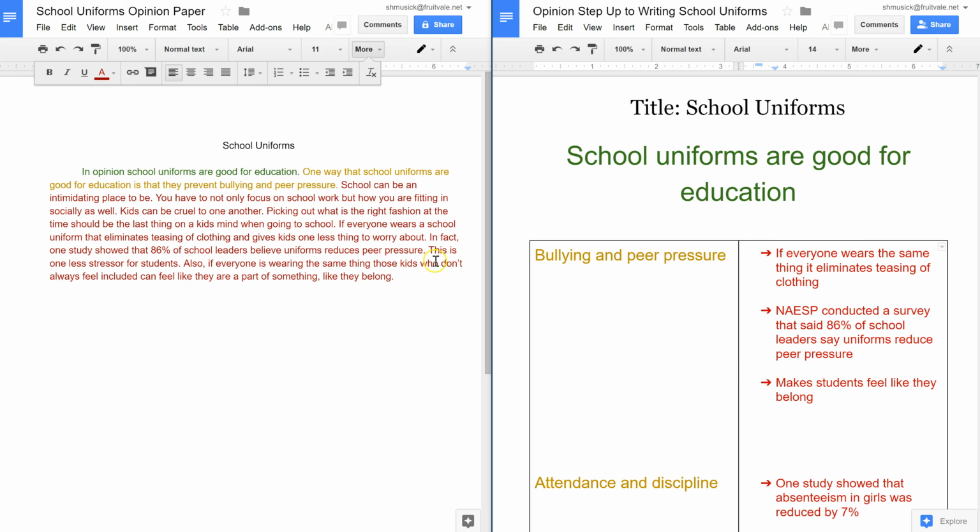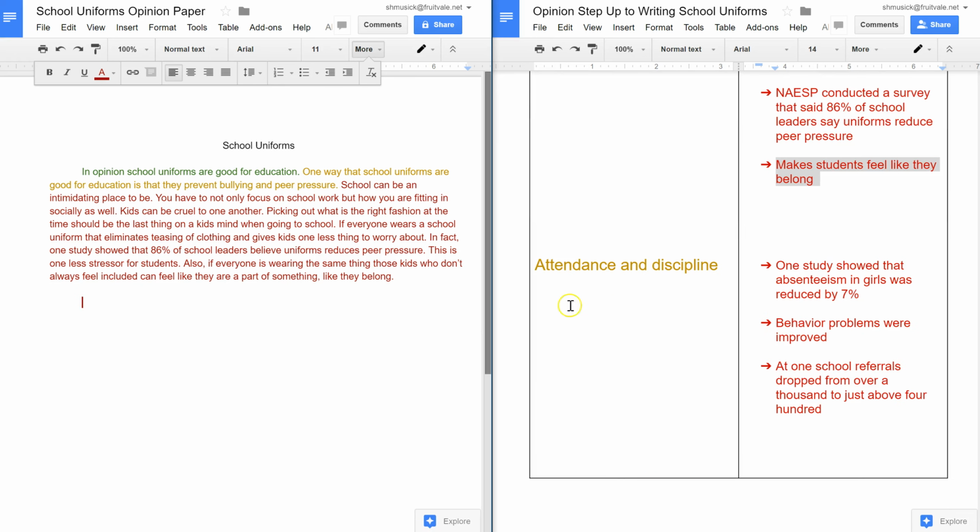Okay, continuing. This is one less stressor for students. Also, if everyone is wearing the same thing, those kids who don't always feel included can feel like they are a part of something, like they belong. And then there's my last key idea detail. But again, I didn't just copy it down, but I used that information to help me write this paragraph. So now I'm done with this paragraph. So I'm going to hit enter a couple times, tab in,